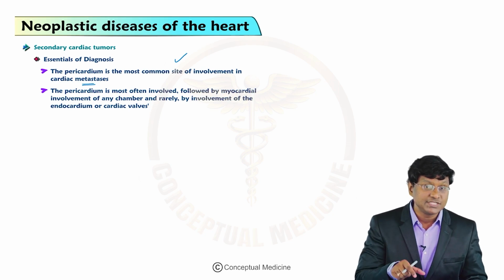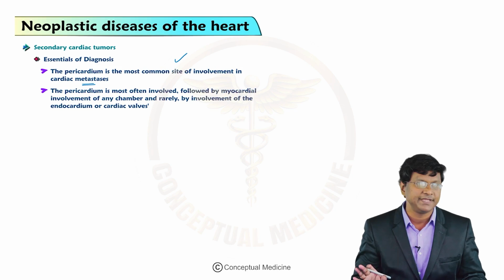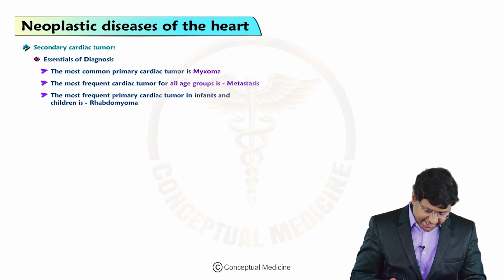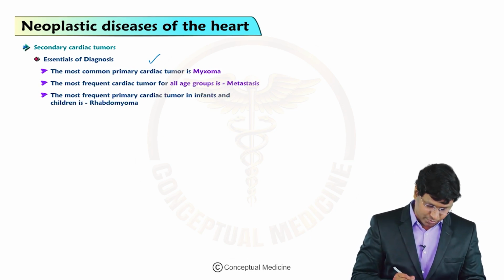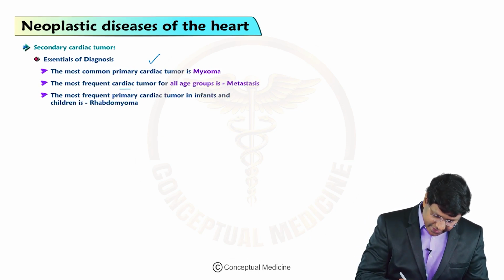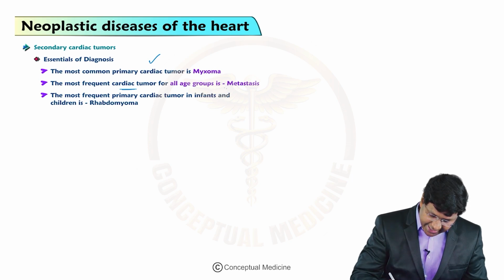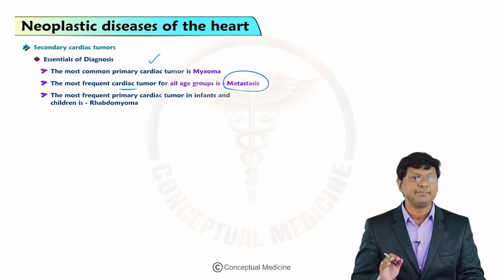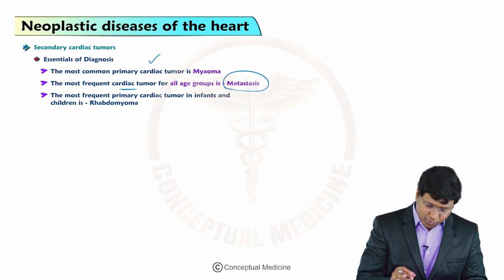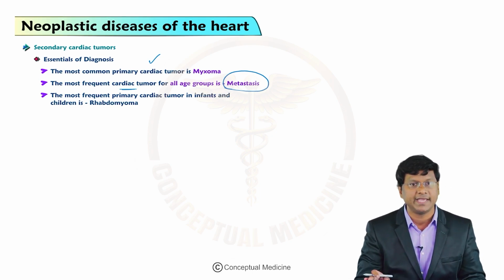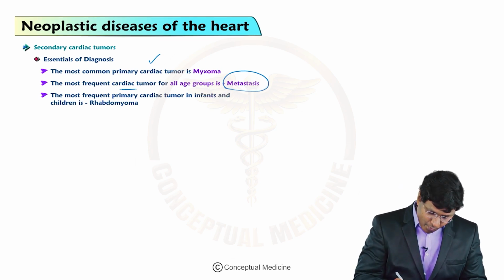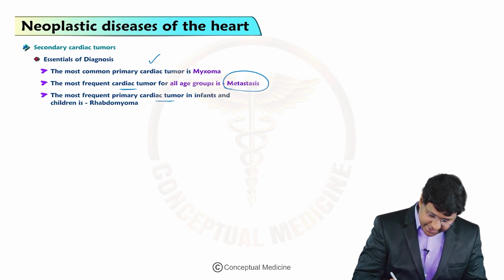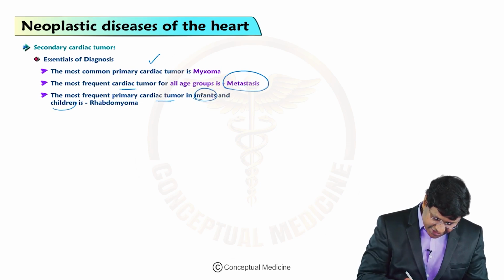The most common primary cardiac tumor is myxoma, and the most frequent cardiac tumor for all age groups is the metastasis. And the most frequent primary cardiac tumor in infants and in children